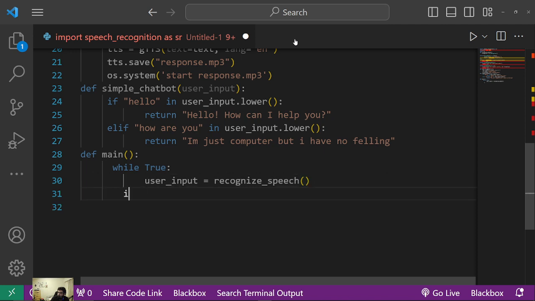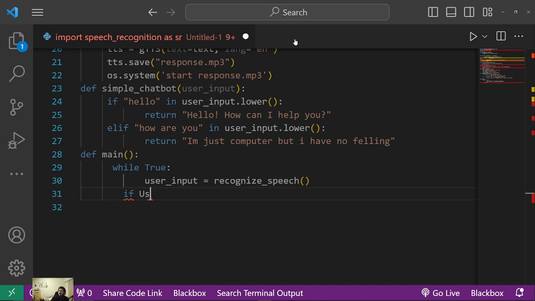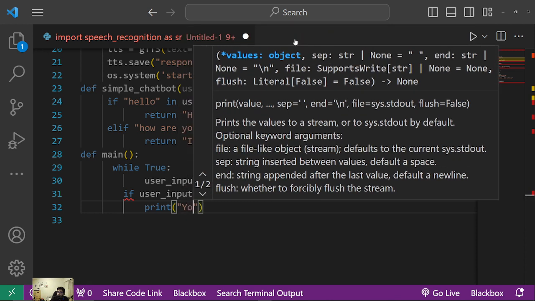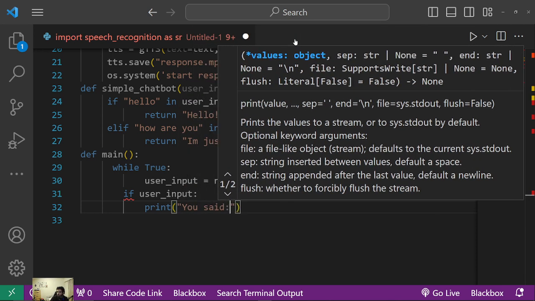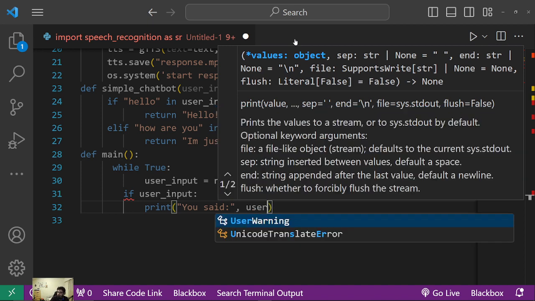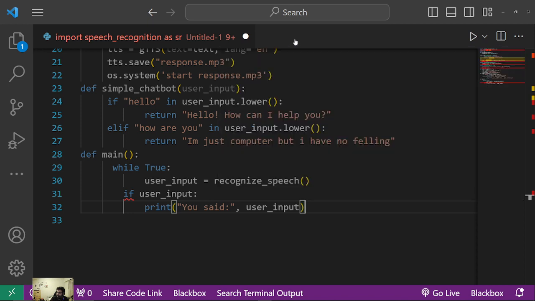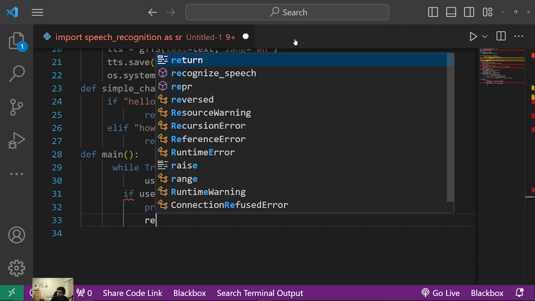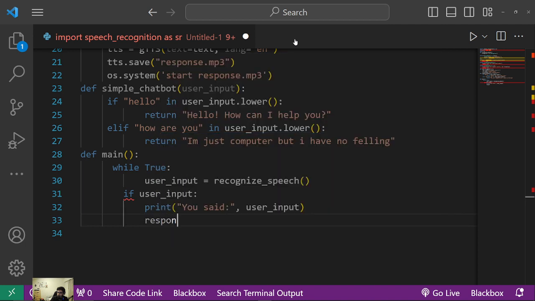And let's go back here, and I'm gonna say if the user input, and if the user inputs basically says anything, I'm gonna say, hey user, you said this. So in here it is gonna be like that, and I'm gonna link it back to our user input. And with the response in here, it's going to be